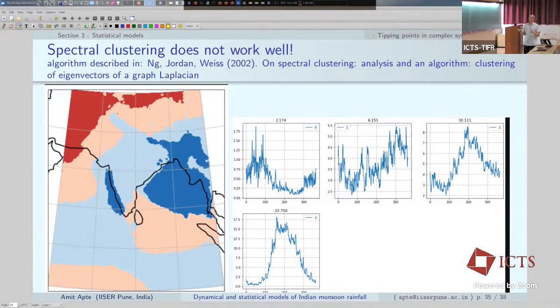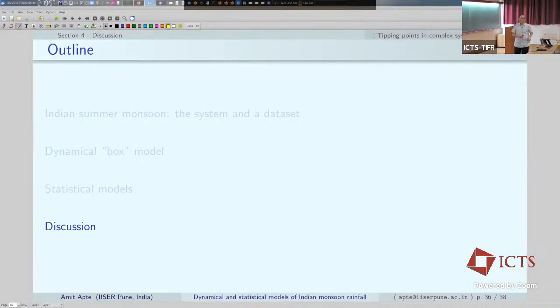So the clustering using the Laplacian eigenvectors does not give results that seem physically meaningful or useful. I don't know. By the way, I guess I'm hiding lots of details which are hopefully important, and hence we can hopefully fix it. But yeah, that's part of what we have been doing.